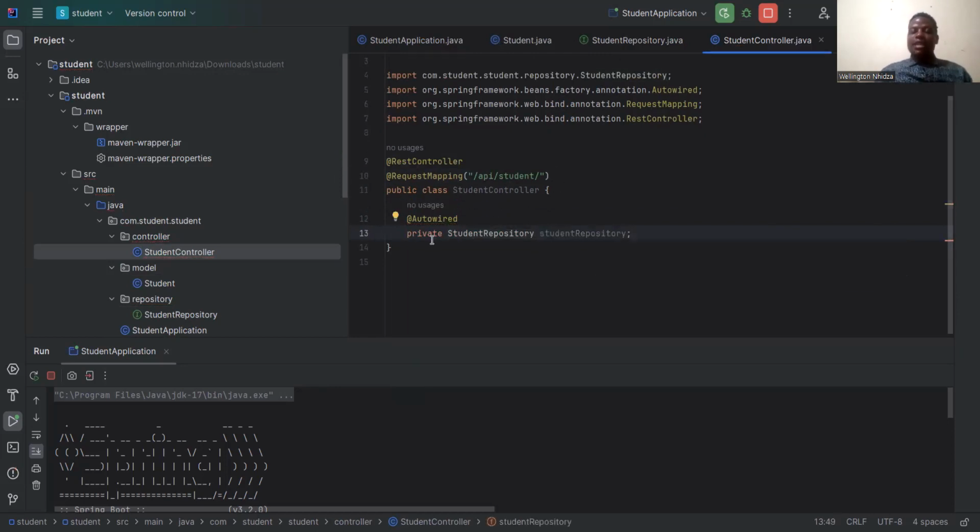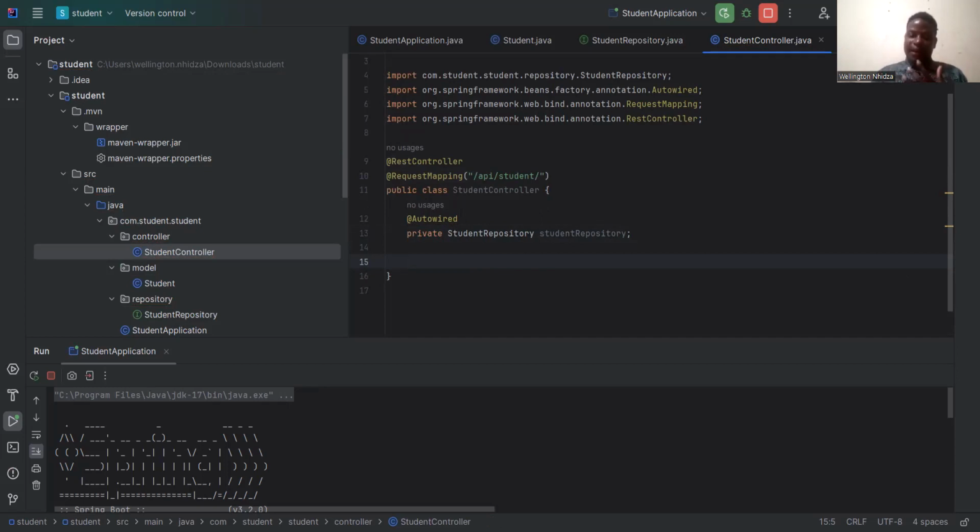I can declare this as private final, which is good, but then you have to create a constructor, and I just don't want to create a constructor. And now the first method that I want to create is a post method,